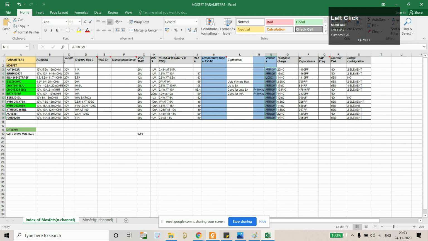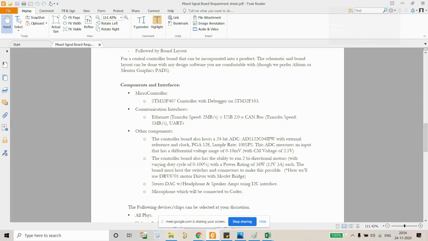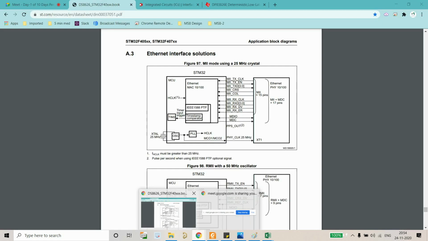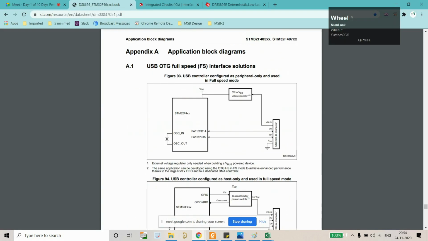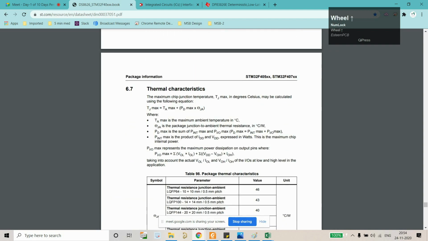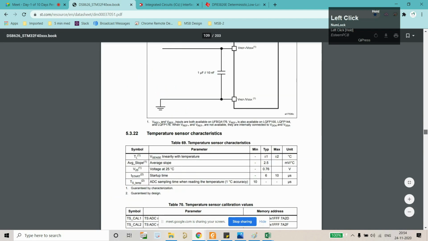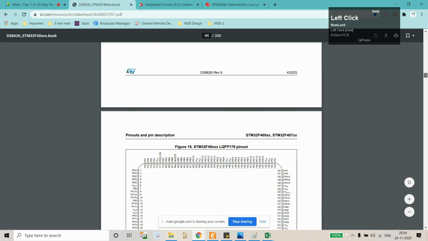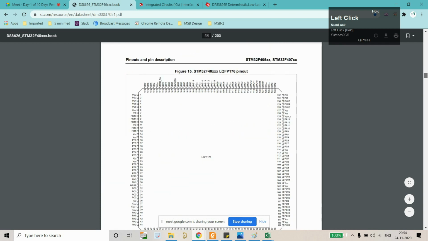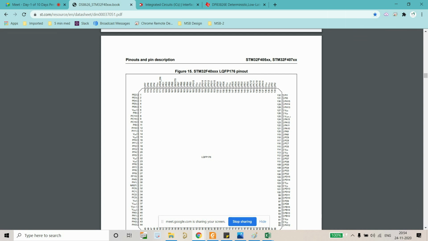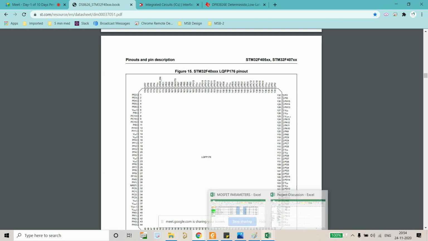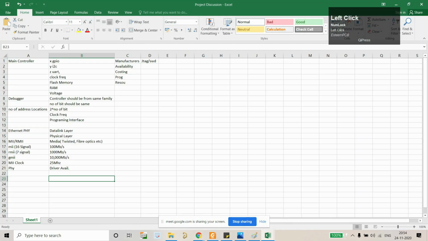Now we'll discuss another thing. This is an easy point. We have to add a USB 2.0. If we see the pinout of the STM32, we'll see it doesn't have any USB which would be used to debug the main controller. But it has its own debug UART, which we will discuss during the pin mapping. That means we have to use a UART to USB converter. Generally we use two very common types of UART to USB converter.